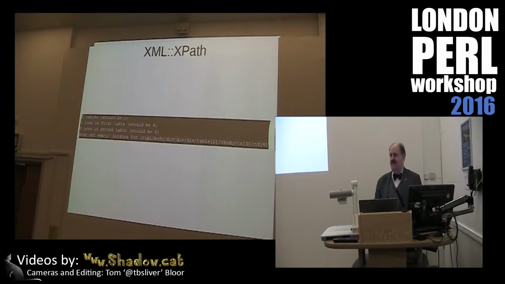There are a couple of dead ends there, but they put me onto XML::XPath, and I very nearly got this working, and if I'd known more, I would have. And where I started stumbling was on these little bits here. How many tables have you got? Got 2. Great. How many rows are in the first table? I know there are 4. It says there are 8. And I couldn't get stuff out of the second table because it was all confused. Actually, there was a bug in my HTML, which had I known enough about XML::XPath, I'd have found. But I didn't find that bug until I'd basically written my own anyway.